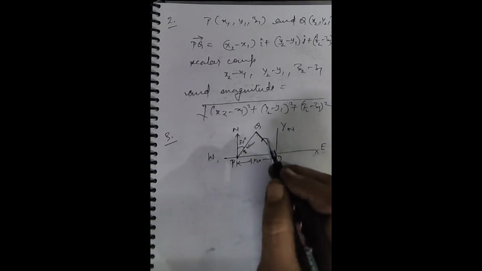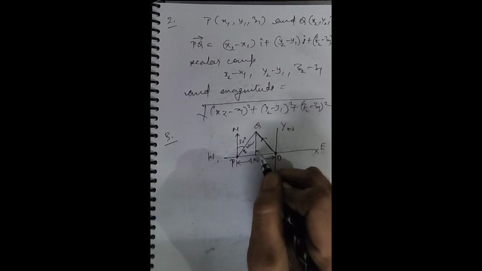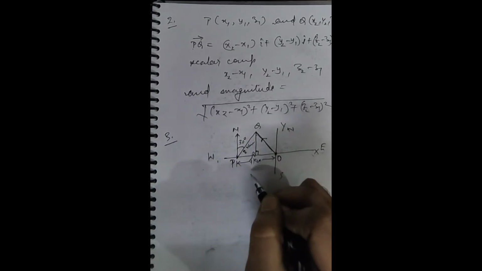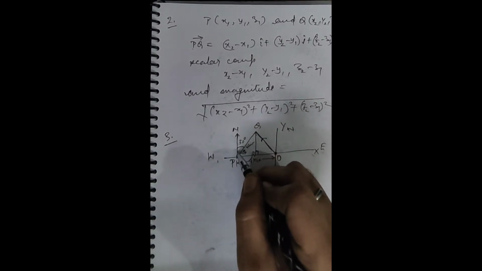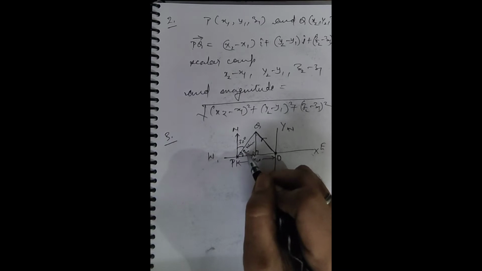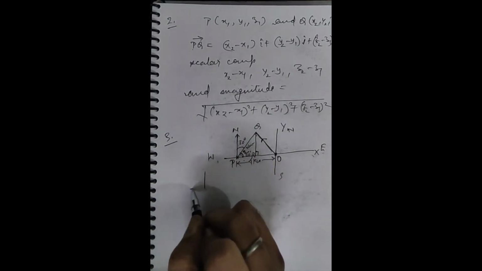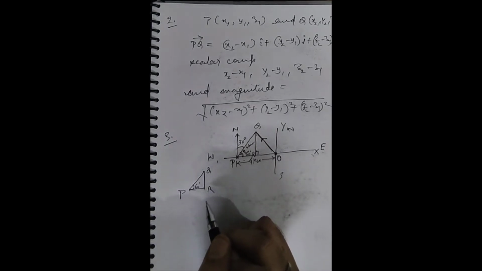So what we have to do, let's see. Draw a perpendicular from Q to the x-axis. We can say R. Now this PQ makes 30 degrees with the north direction. So obviously, being perpendicular to the x-axis, this angle is 60 degrees. 60 plus 30, 90. In a triangle, separately we can draw to understand well. It's P with a 60 degree angle, R, and this is Q. And this much is 3.